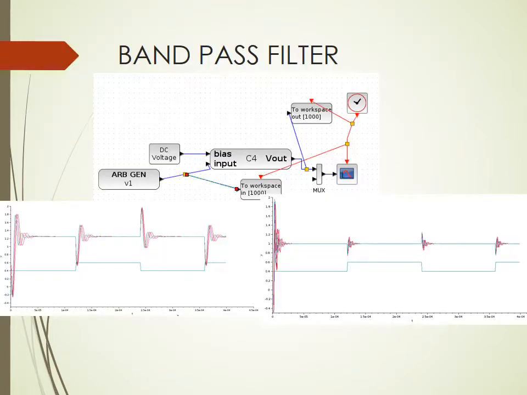Now we move on to a bandpass filter. This is the simulation of a bandpass filter. We've used the C4 block, and we've set the number of blocks to 4. When we give an input as a square wave as follows, we can see the output giving 4 outputs, because C4 is a 1:4 block: it takes in one input and gives out 4 outputs. This is for different values of feedback bias. This is for a greater value of feedback bias, and when we reduce the feedback bias, we can see that the overshoot is limited here.